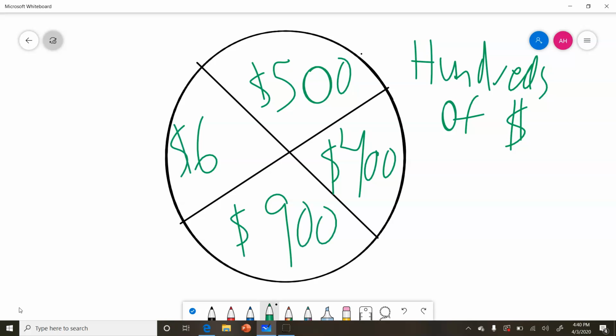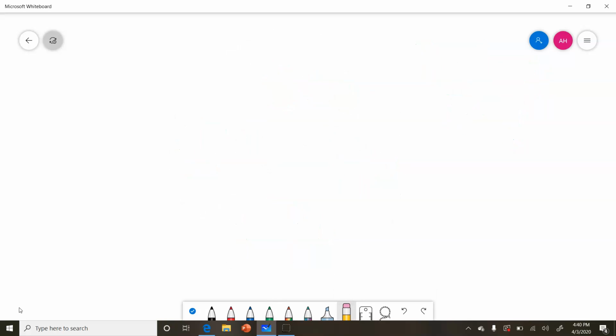So if you want to, and it says something like hundreds of dollars or thousands of dollars, you can do that just on your own. That way you don't get confused, okay? So that's just a little tip of advice when you're interpreting the chart. Okay, the only other thing that we're going to be doing for this lesson, so it's not a very hard lesson, is drawing a chart based on information. Okay, so sometimes they'll give us information that looks like this. They'll say